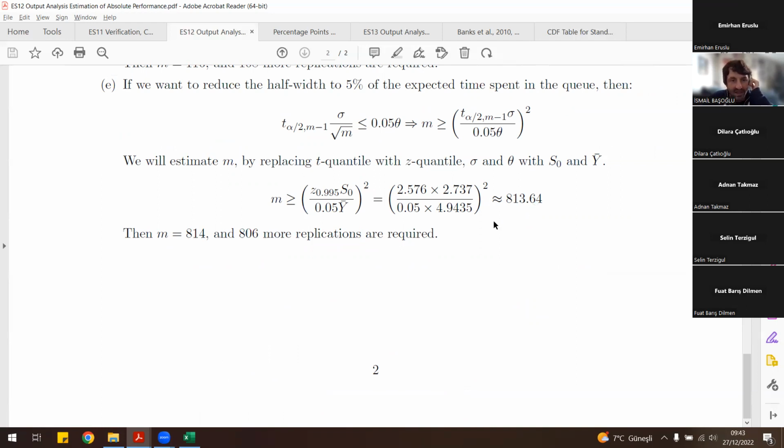And now I have all values that I need, and the square of these values is approximately 813.64. Now, m definitely should be greater than or equal to this, and this means the least number of replications that I require in order to get a certain relative accuracy with respect to the estimate that I want to get with 99% confidence level, I definitely need to run 840 replications. It says I have already performed 8 replications. This means only 860 more replications have remained. Okay.